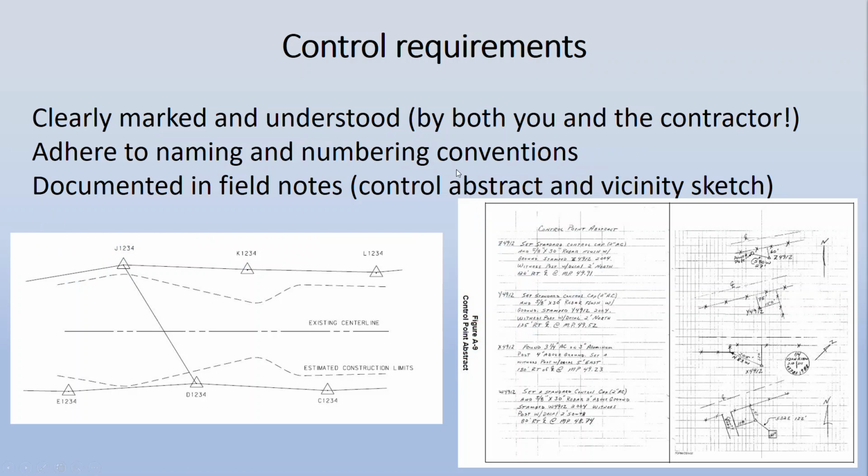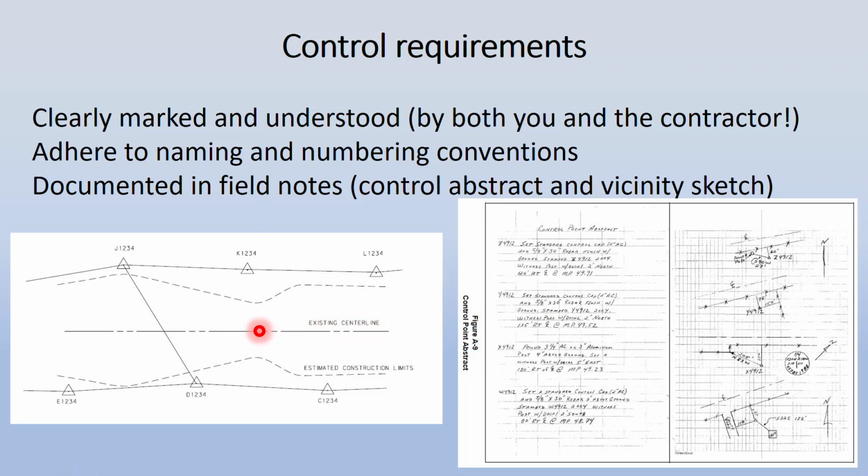We're going to look at these last three requirements together because they all kind of complement one another. Clearly marked and understood, adhering to naming and numbering conventions, and documenting them in the field. And these are examples, again, from MDT's survey manual. Their convention for naming control points is to go